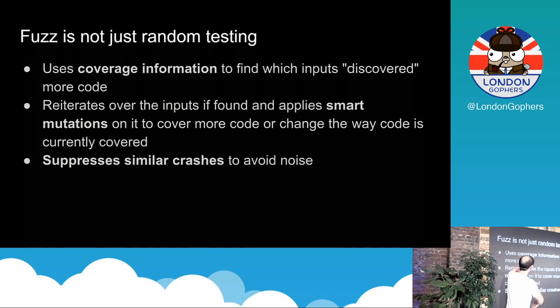And here we see the first difference between random testing and fuzzing. Fuzzing uses coverage information. go-fuzz, which is the tool that I'm going to talk about, but now the Go compiler has some tweaks to use other fuzzers, rewrites your code. Every time there is a branch, like an if or a for loop, it adds a little bit of code to say, I got here.